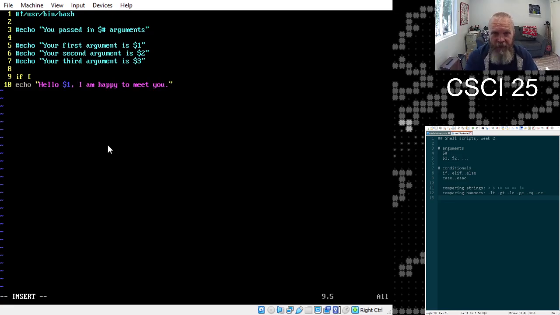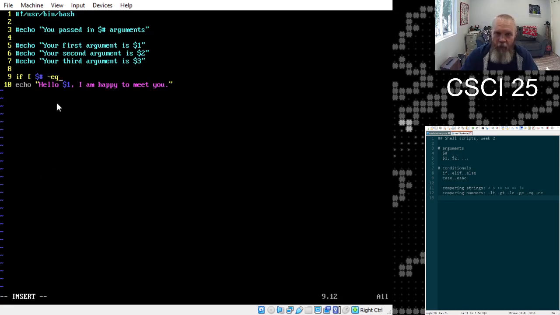And then pay attention to this part because this is super important. After this little square bracket, so wherever I have spaces, so if space bracket, space. If you don't put a space in the right places, you will get errors, which can be off-putting. So I'm going to use an if here, and what I want to know is, does that number, which is the number of arguments,